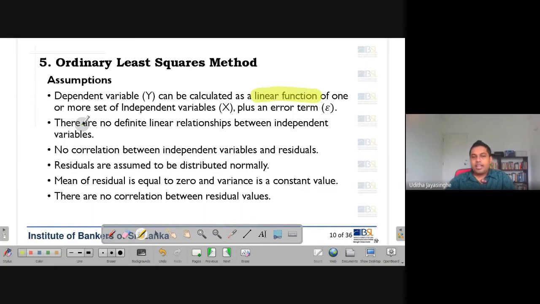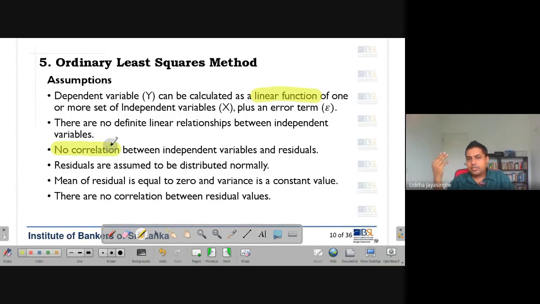The third one: no correlation between independent variables and residuals. For simple linear regression, we know that there's only one variable, and for multiple regression, there are multiple variables, x1, x2. What do you mean by this word correlation? Correlation means that if one variable is going to go up, the second variable is going to also go up. What kind of a scenario? Let's say